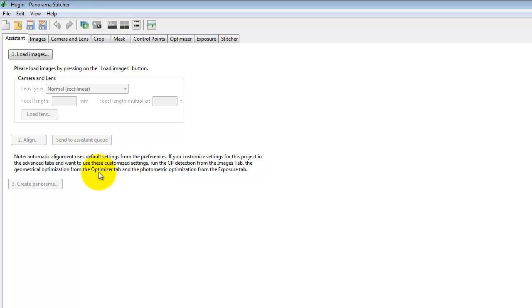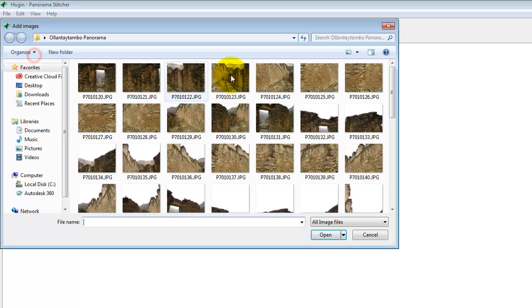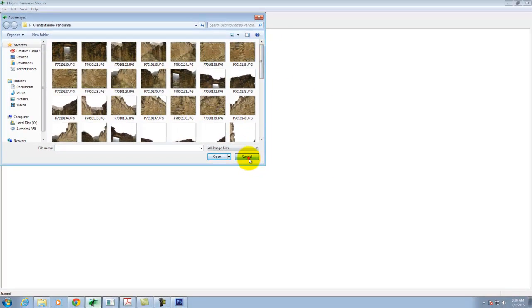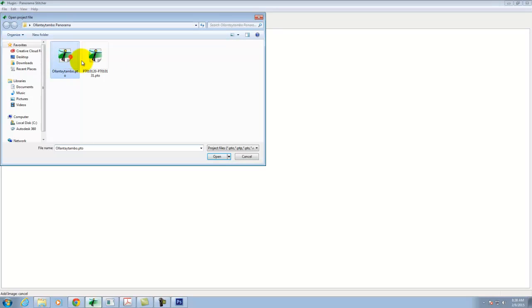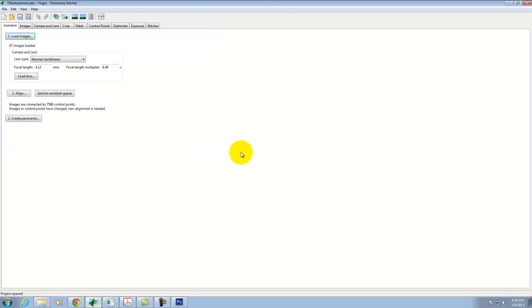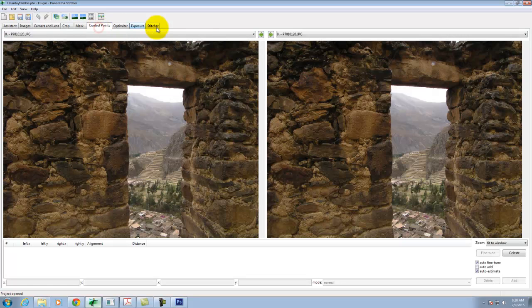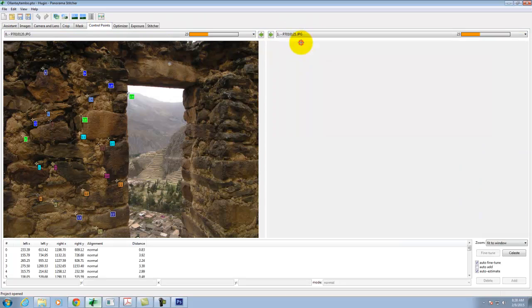Okay? So, anyway, with Hugin, if I go to load images, I can pick a group of images. Since you're not following along, I'm going to open the one that I did earlier today. When you click on load images, I loaded the 67 images, and then you click on align. What it does is it goes through and tries to find similar control points between two images. So if I look at image 0 and image 1,